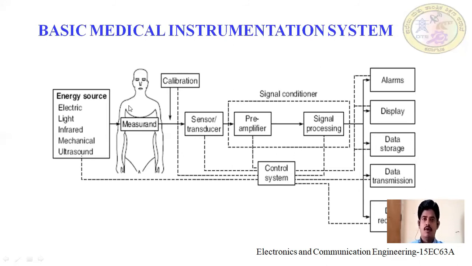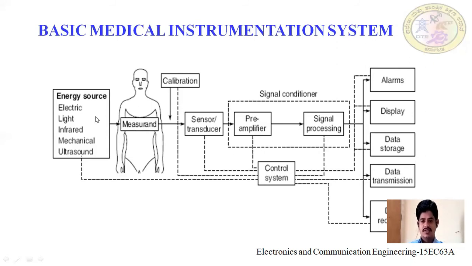Let's say, for example, if you want to know the status of the eye, normally the doctor will apply a flashlight. The flashlight application is required to check how the eyes respond. Similarly, we have different signals for different body parts, and the body will respond with some signal that will be collected and diagnosed to know the condition of the person.